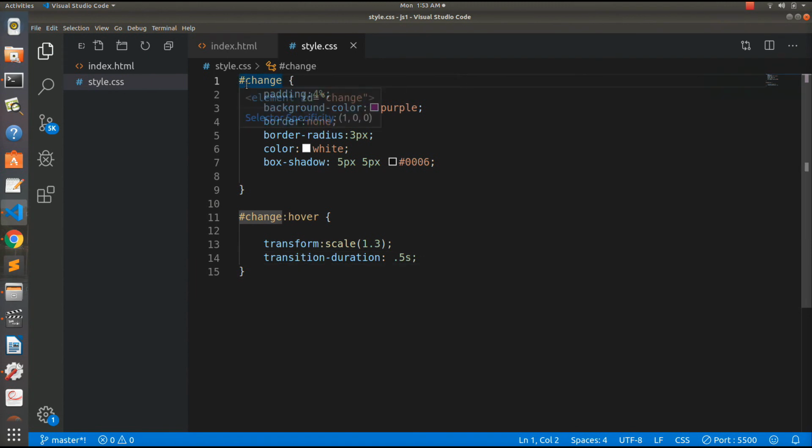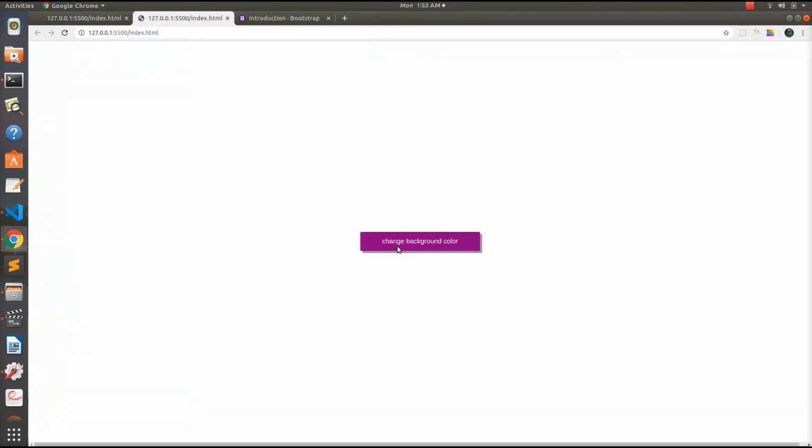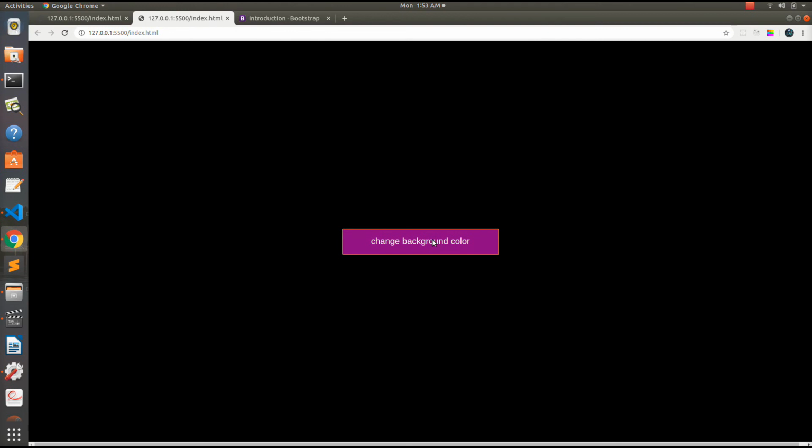Oh, button ID is actually btn, so we'll write here btn. Now let's save this and see our changes. So you can see we have styled our button, and when I hover onto this, we also added this hovering style. So when I click onto this, the color changes.